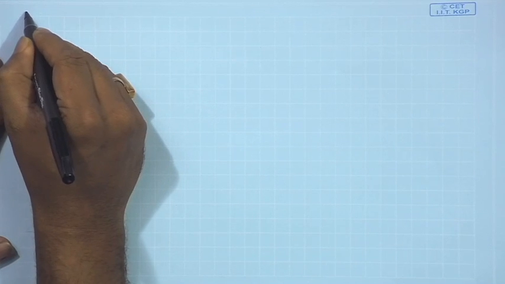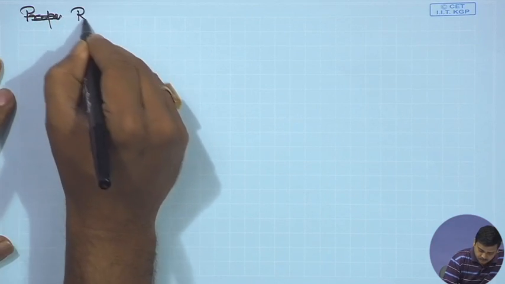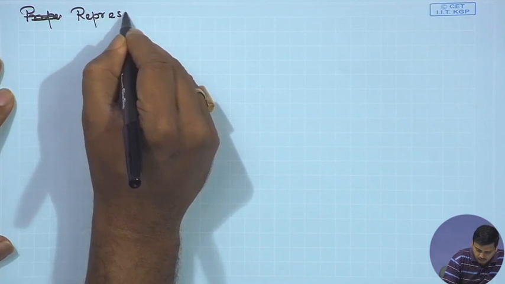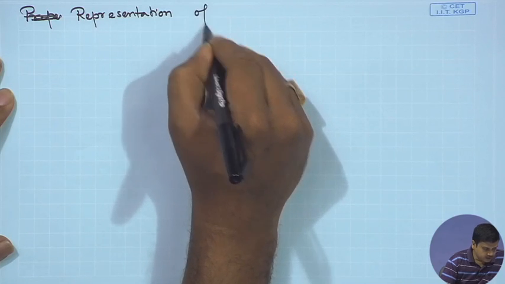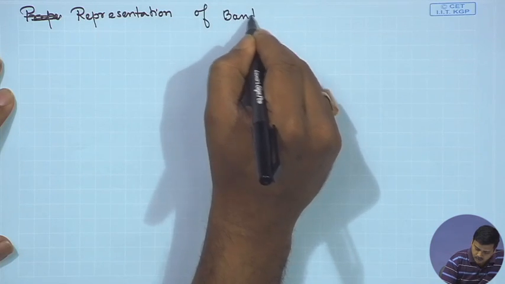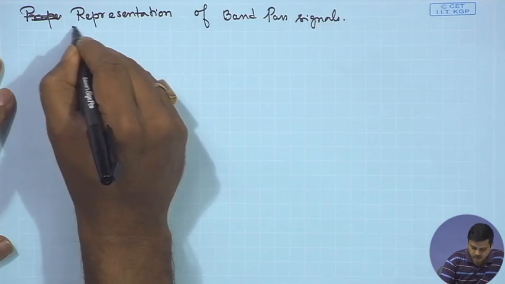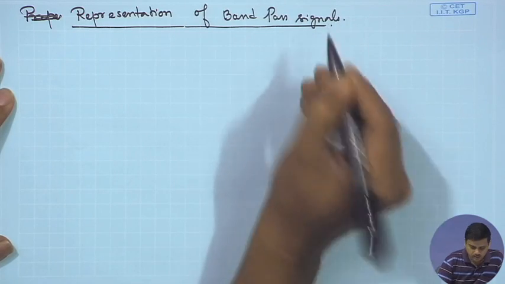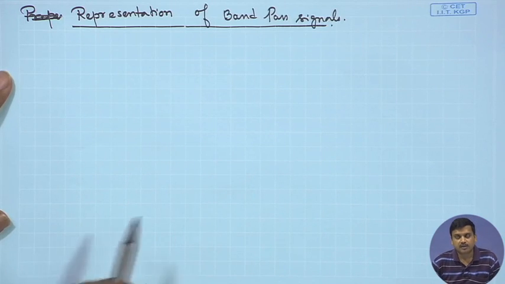So, now we are interested in the representation of band pass signals. So, we are slowly getting into communication systems. Once we are okay with these few expressions that we set up, then we will simply move ahead with those particular things. So, now we consider,